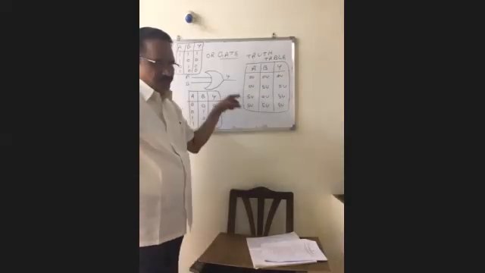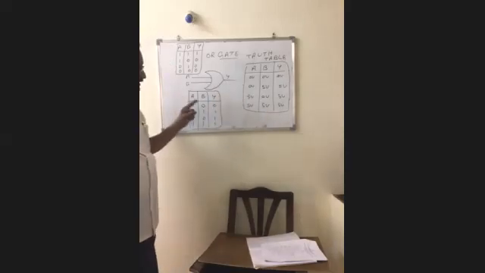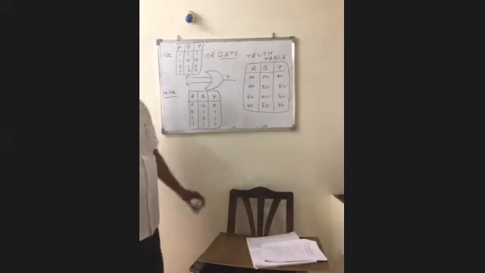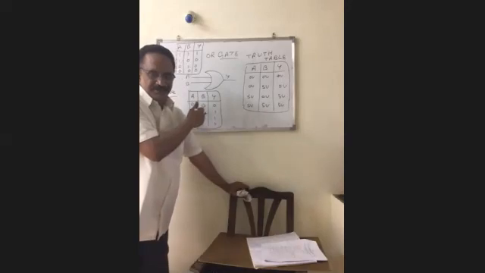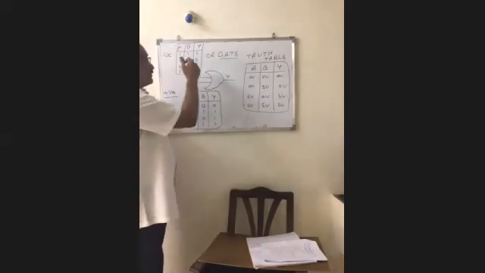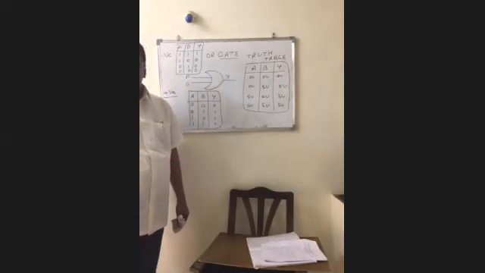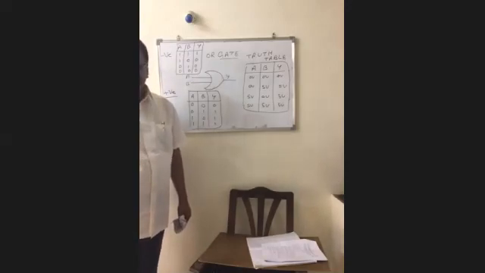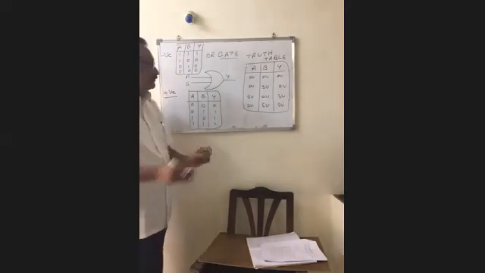This is the actual truth table. If it is right in positive logic system, what is this one? Positive logic system. This is in negative logic system. In the positive logic system, this is the truth table of an OR gate. In the negative logic system, this is the truth table of an OR gate. For the time being, don't confuse it. Forget about the negative logic system. Okay? Consider only the positive logic system.